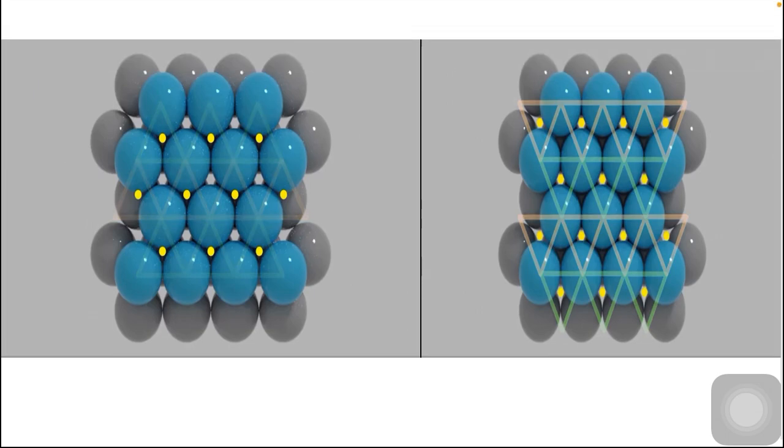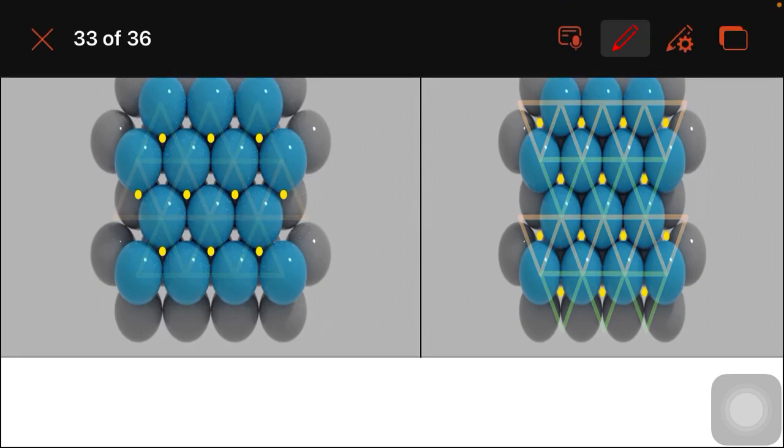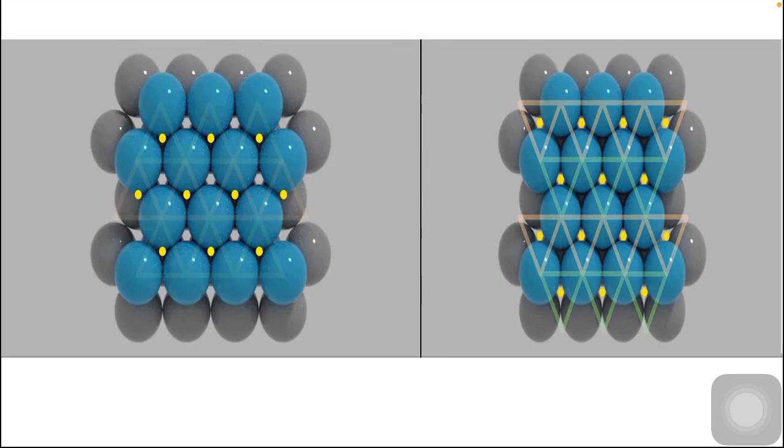Now let's compare between the hexagonal close packing and cubic close packing. In this picture you can mark 2 layers of atoms are stacked. Clear? And for the third layer we have marked yellow dot. This is HCP structure and this is cubic closed packed structure. Please compare these two structures.